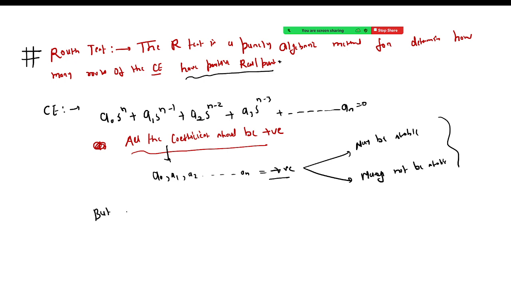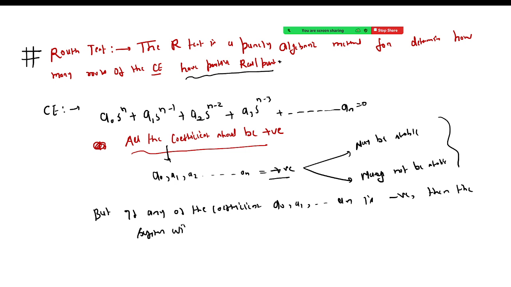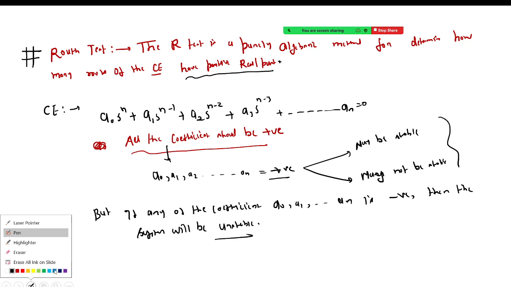But if any of the coefficients, let's say a naught, a1, an, is negative, then the system will be unstable, right? It's very important to understand these things, that first what you have to see in the Routh criteria,